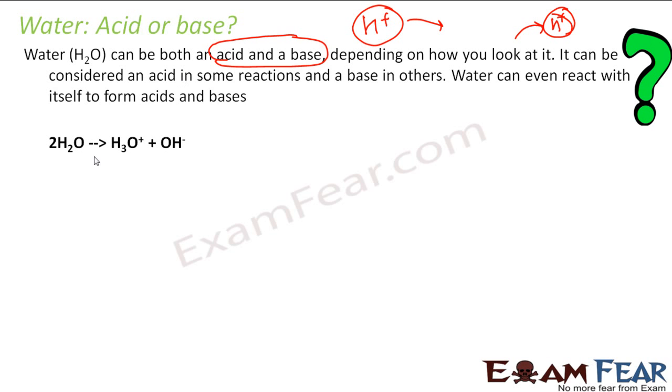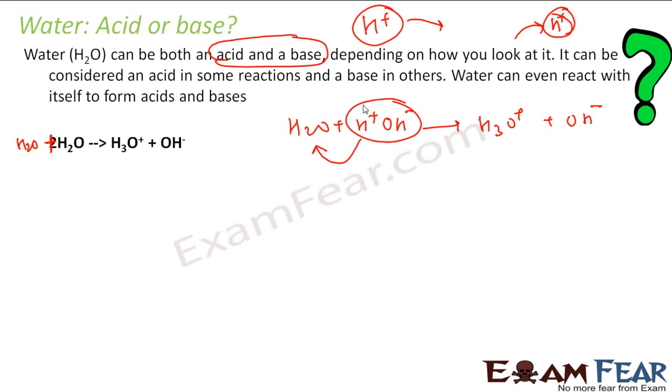We'll see the reaction. For example, in this case you have water plus water. This 2H2O is nothing but H3O+ plus OH-. If you see this reaction, H+ and OH- I wrote, so this one is giving one hydrogen. So this becomes H3O+, and this one is losing hydrogen. So this one, if you see, is an acid. This one is a base. Correct? Since this one is giving hydrogen it is the acid, since this one is accepting a hydrogen it is the base,